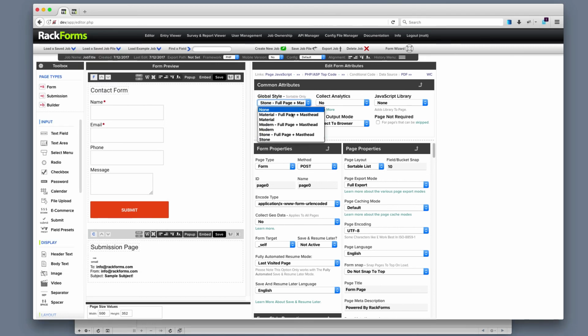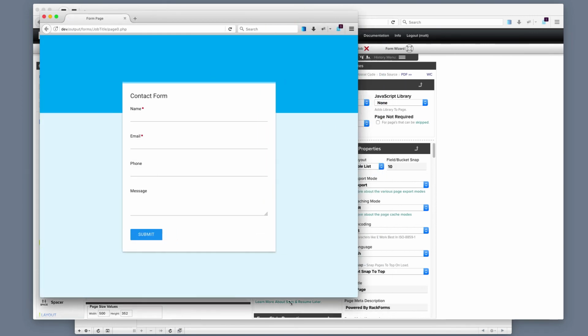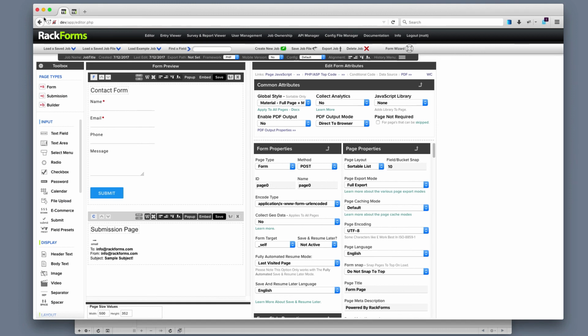We got a couple of these different templates that you can actually try out, and RackForms will instantly reformat your email to look exactly the way you want. Super, super easy. Now that said, not every form that we create, of course, is like a simple contact form,